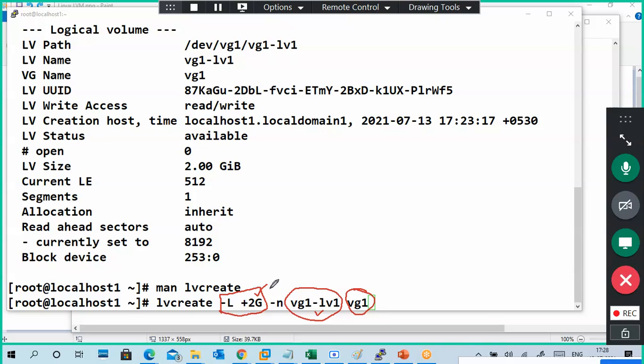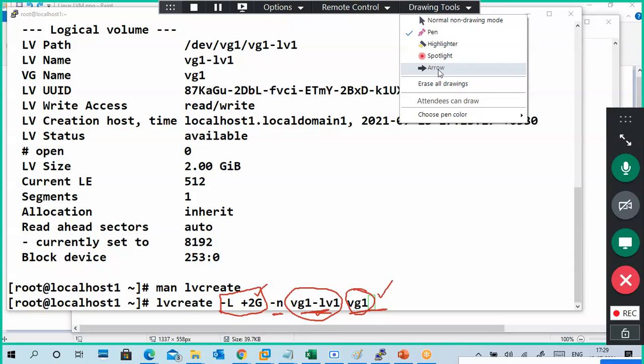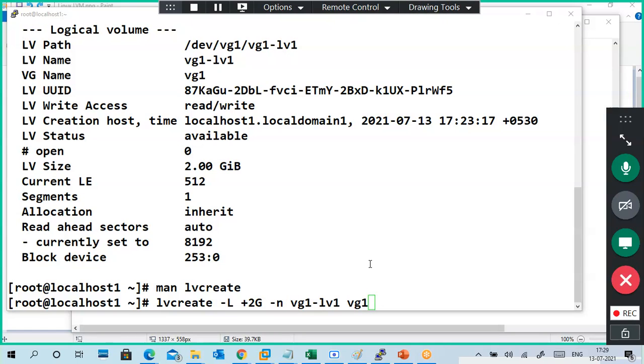Otherwise, it won't understand what you have given. So hyphen L size, you are specifying a size. Hyphen N, you are specifying the name of the logical volume. And the last one is volume group. In which group you are creating the logical volume? So that volume group name. I think now you got clarity.